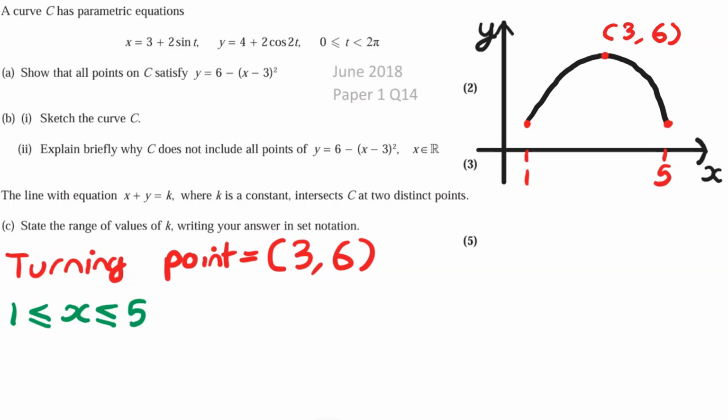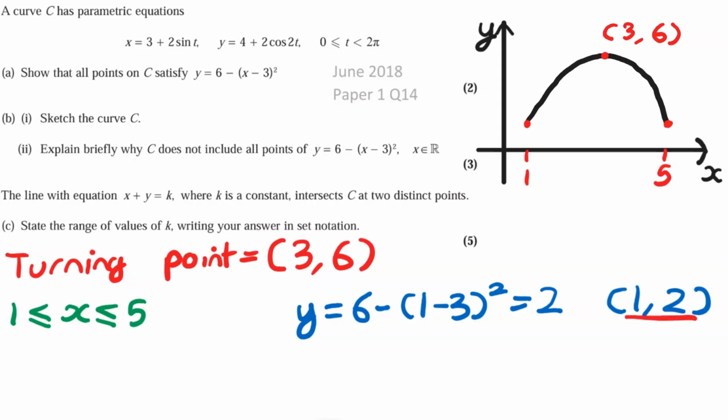So what we can just do is sub them into this equation here in order to get the y values out. So that's what I've done here. This is where I've subbed in 1, so it's going to be y is equal to 6 minus, and then instead of x here it's (1 minus 3) squared. 1 minus 3 is minus 2, squared is 4, so 6 minus 4 is 2. So that means this point here is going to be